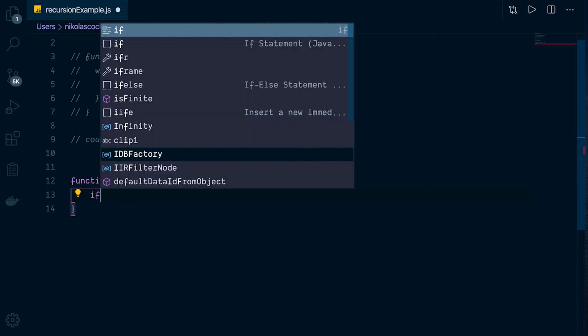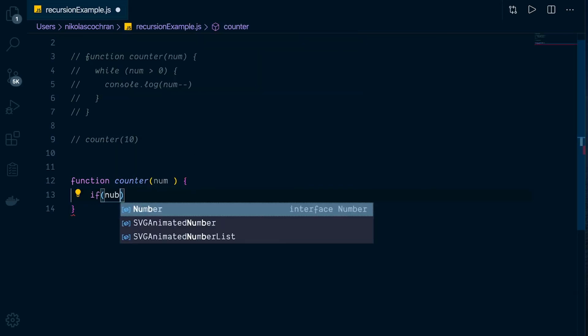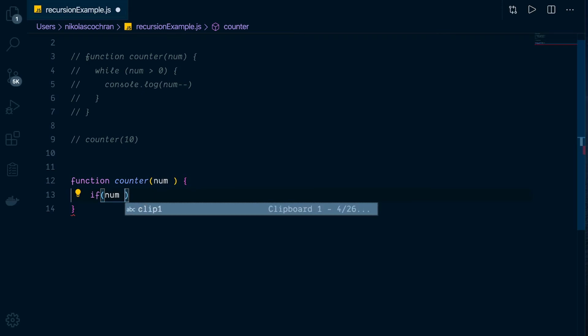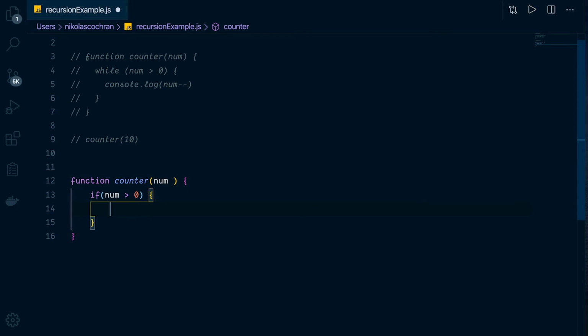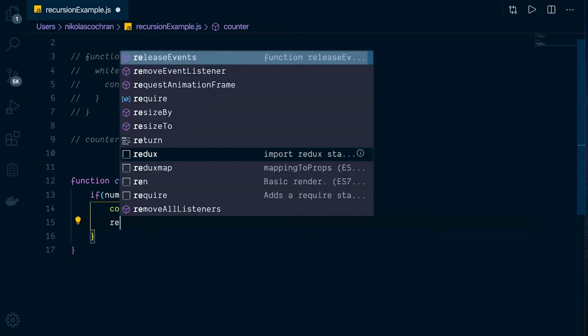So we're going to go if the num is greater than 0, then we are just going to console.log the num, and then we're going to return